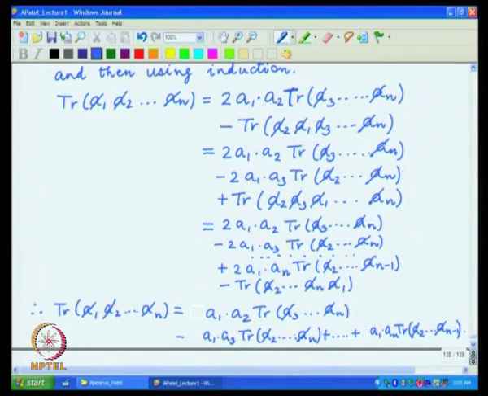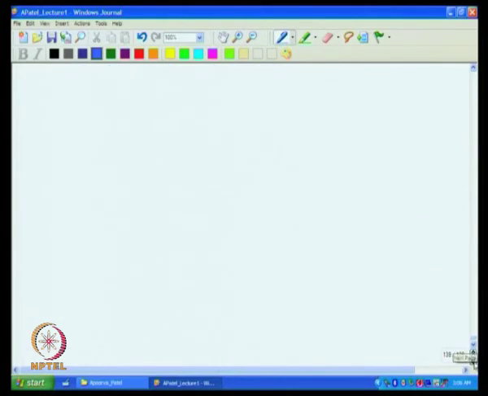There are many such contributions on the right hand side. In particular, there are n minus 1 of them, but each one of them has a shorter product of gamma matrices, and so iteration of the procedure and cutting down the number of products of gamma matrices inside the trace is straightforward, and this is the most frequently used identity in the calculation of S matrix in perturbative field theories. Let me now move to the next identity,